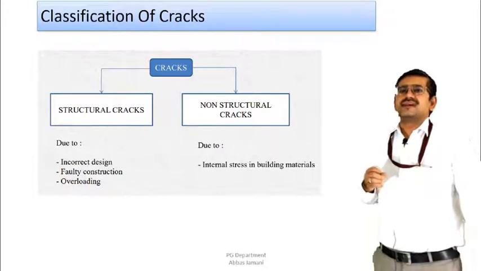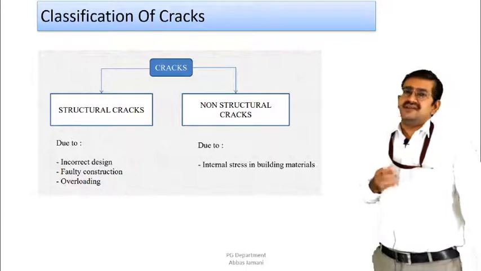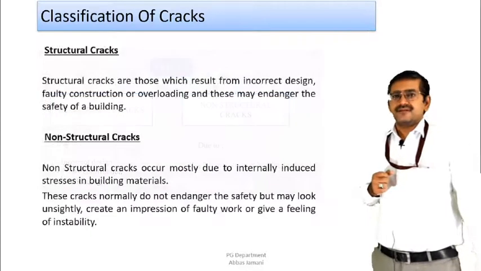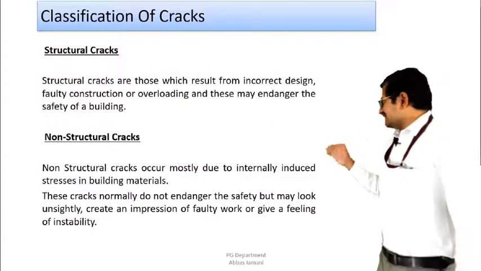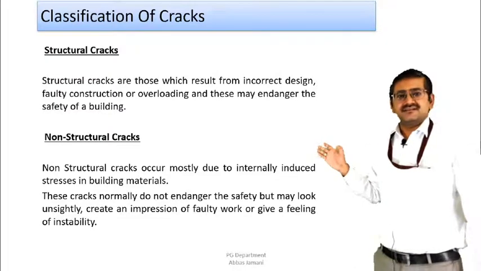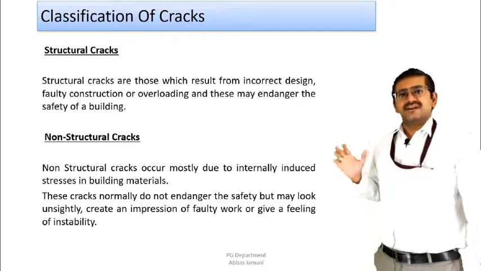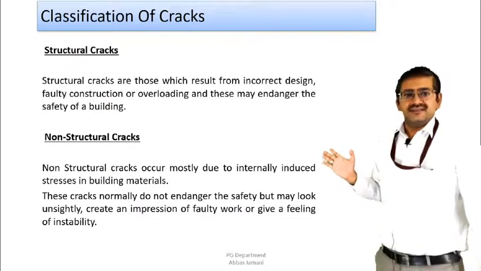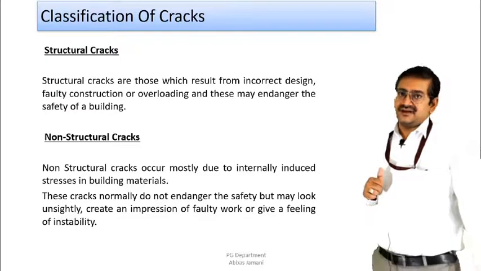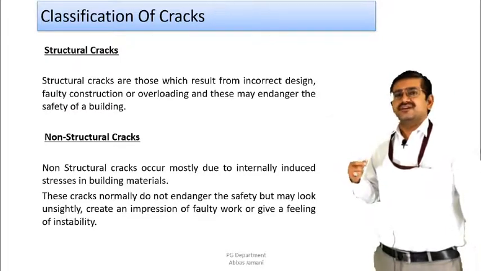And when we talk about building materials, building materials basically consist of cement, sand, and aggregate, right? That is why, if you look at the definition of structural cracks, structural cracks are the cracks which result from incorrect design, faulty construction, or overloading, and these may endanger the safety of the building. Why? Because, as I said, depending upon the location, if these cracks are identified